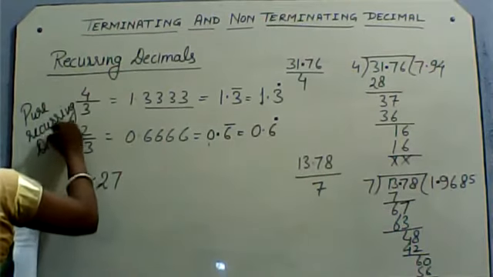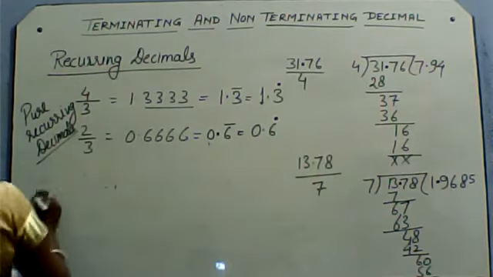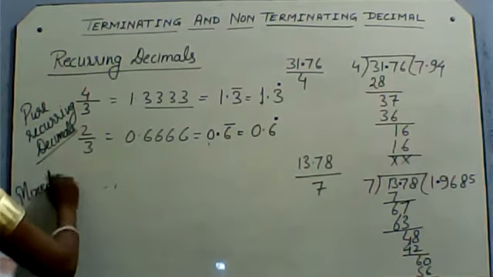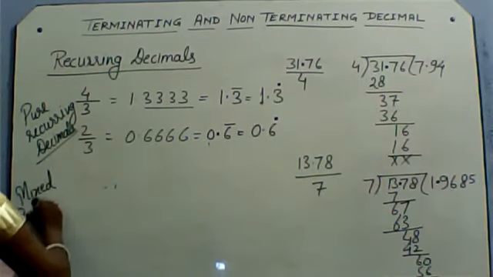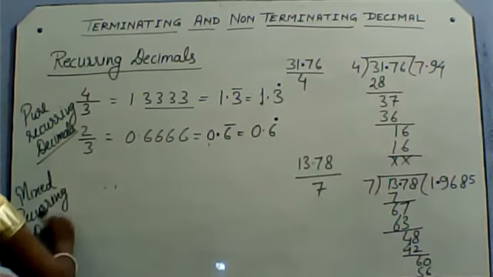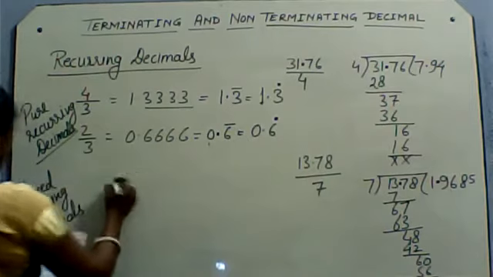Decimal. Okay, and now I am going to write that is mixed recurring decimals. In mixed, what we get? Suppose